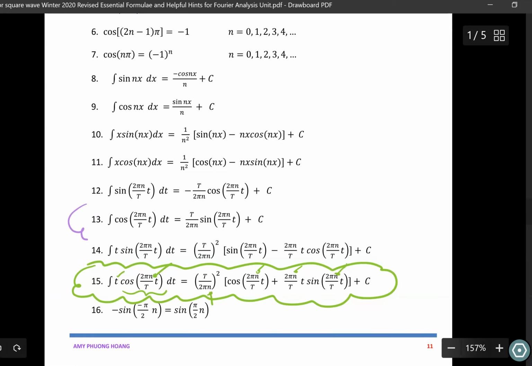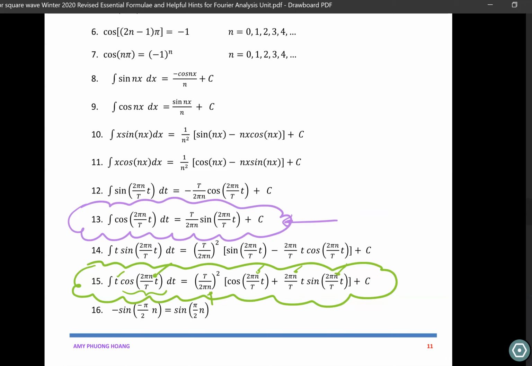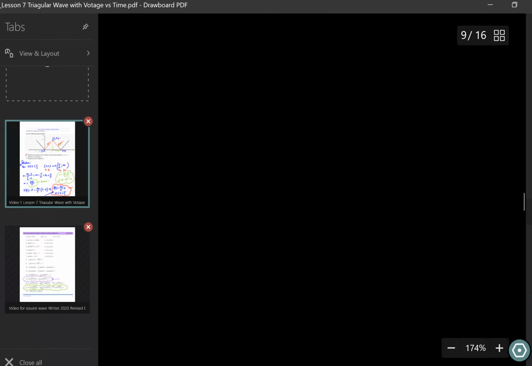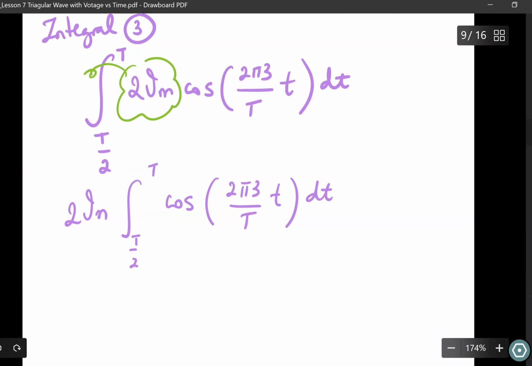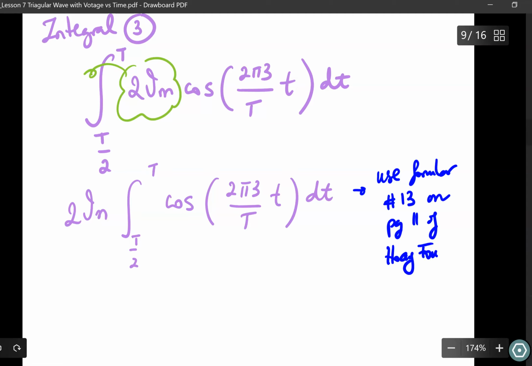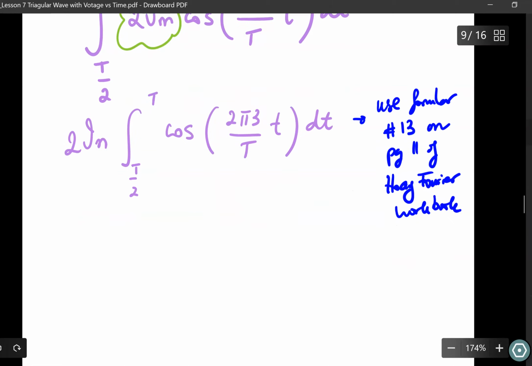So I can see that we are going to use formula number 13, because in this case you just have cos of 2 pi n divided by T times t dt. So we are going to use formula number 13. Okay, so I will make a note here. I'm going to use formula number 13 on page 11 of the Fourier workbook. Okay, so number 13 tells me that